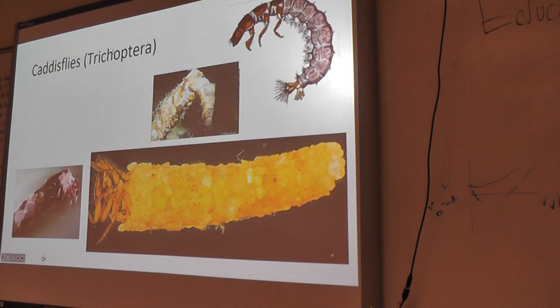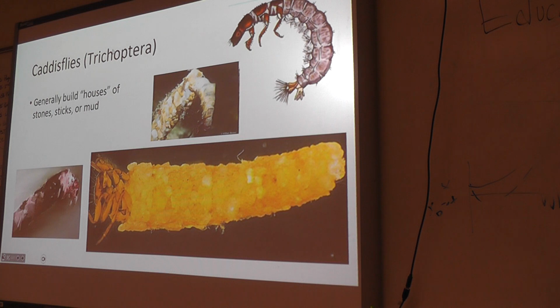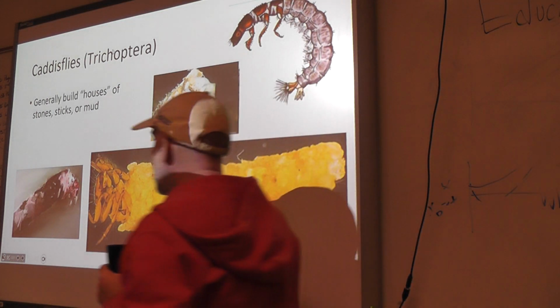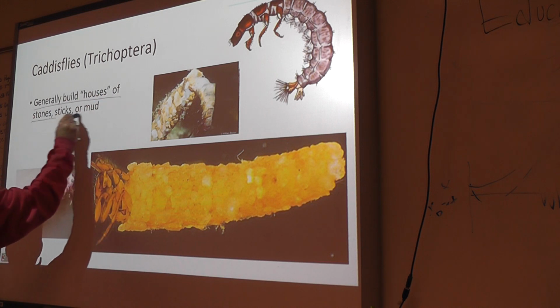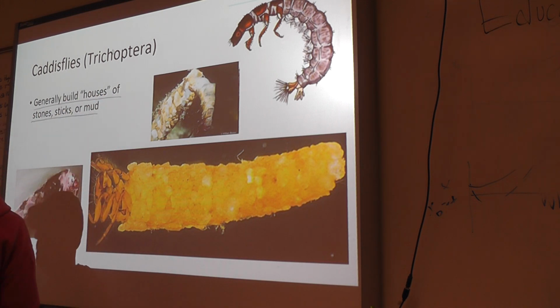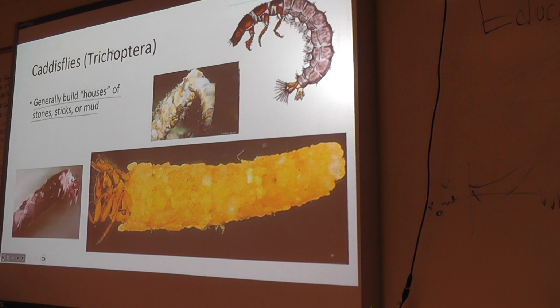The next group, and this is my favorite group, are the caddisflies, or Trichoptera. And I like these because they build houses, and that is astounding. What they do, the biology and the chemistry and the physics of it, is just amazing. Basically, different species build houses out of different things. So some build houses out of sticks, some build them out of mud,